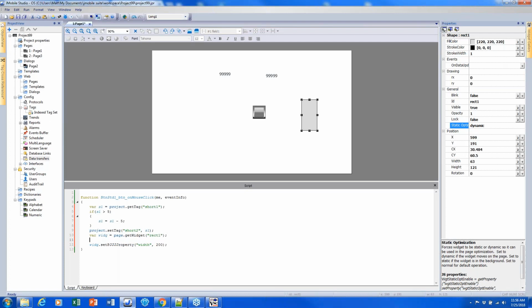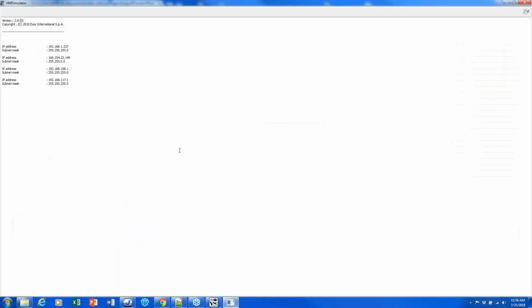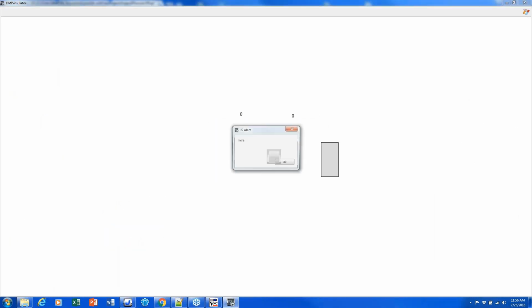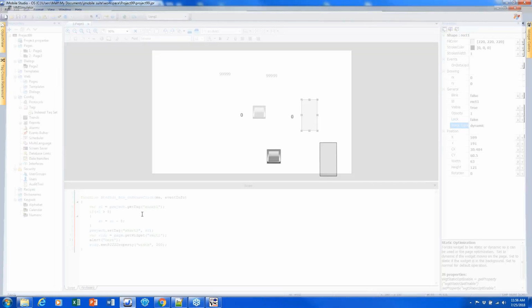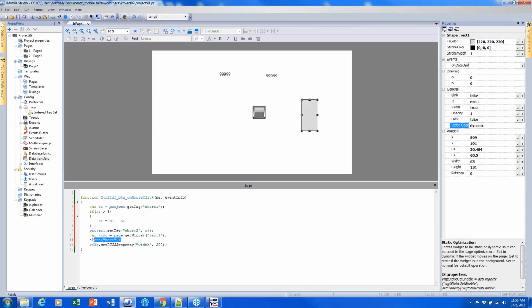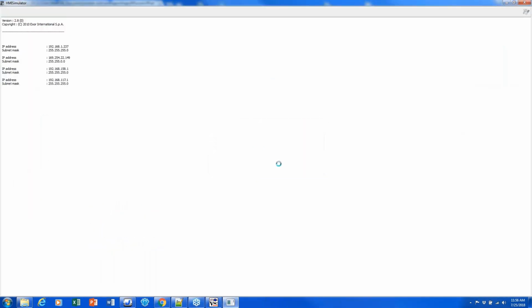So something you can do for debugging is you can put in these little alert windows to tell you that you're here. So this is part of the script. Whenever I click the button, it says that I'm here. We can use that to say I made it this far in the script. I know that the error didn't occur before it, but then if I put this at the end here, I know that I'm after the error, so this alert isn't going to show up. And that's a really simple way to kind of zero in on where your error is in case